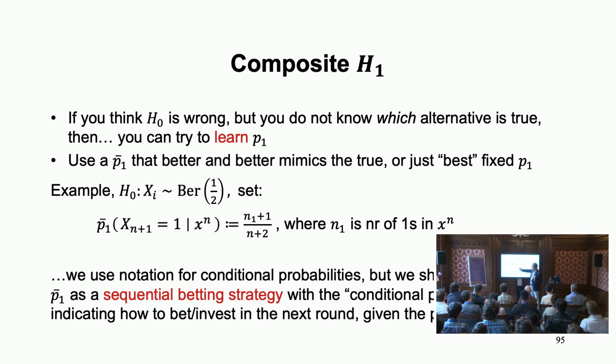But if you change this a little bit, by adding a little bit here and a little bit here, you smoothen it slightly, then it turns out that's enough to not have this risk and to very quickly get rich. Let's say in reality the probability of red is 3/4, or 1/4, then this will very quickly converge to the right value, 3/4 or 1/4, which will make you rich exponentially fast. So this is a clever strategy to use if you don't know the alternative. It's some probability not equal to 1/2, but you don't know what it is.